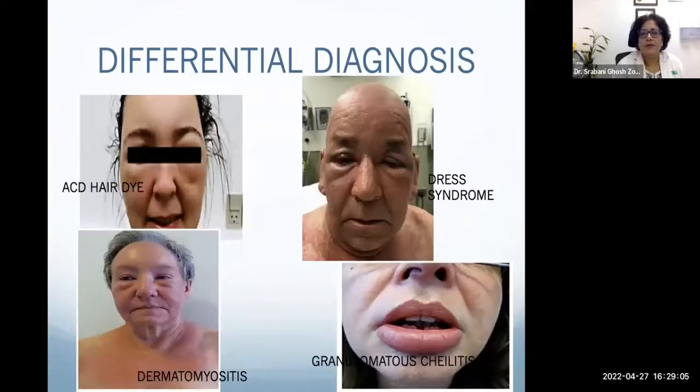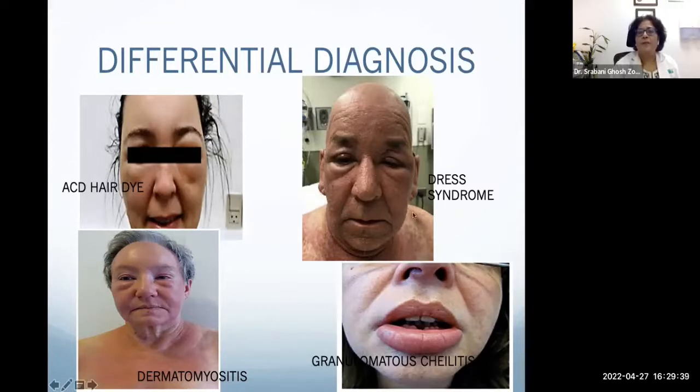The differential diagnosis of angioedema sometimes can be very tricky in spite of practicing for so many years. Sometimes these clinical conditions do baffle us as well, especially hair dye induced angioedema. The patient presents with swelling absolutely mimicking angioedema, and forgets or denies that they have used hair dye. So it's the repeated questioning that actually will lead to the cause of angioedema.